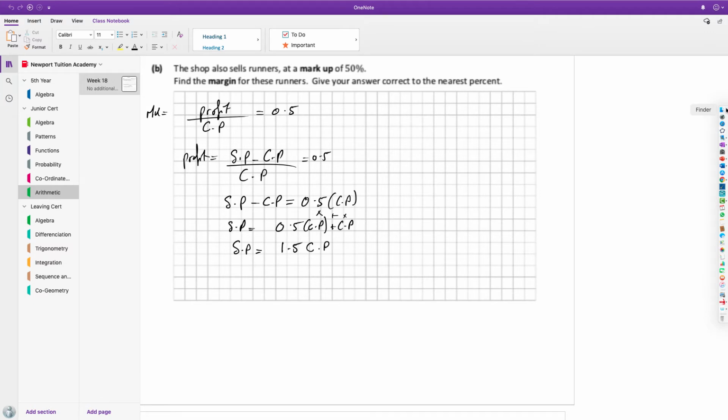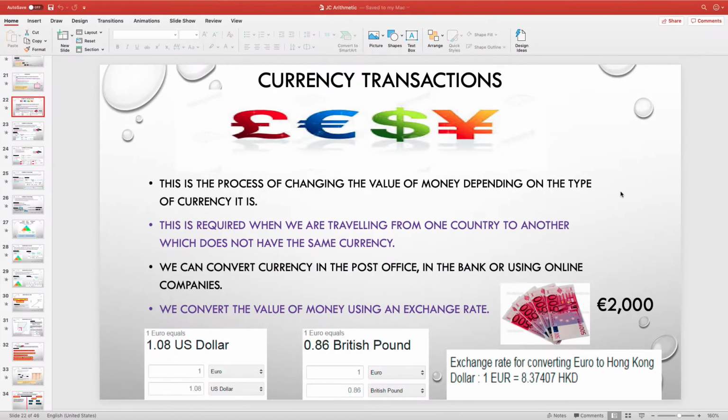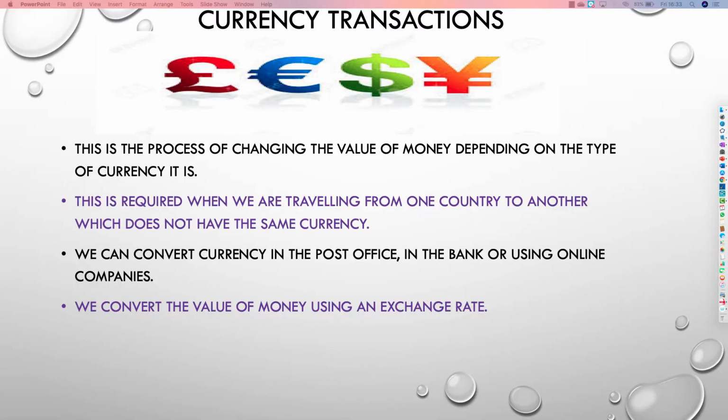So, currency exchange. Currency exchange is changing money from one currency to another. Pretty simple, alright? So, for example,